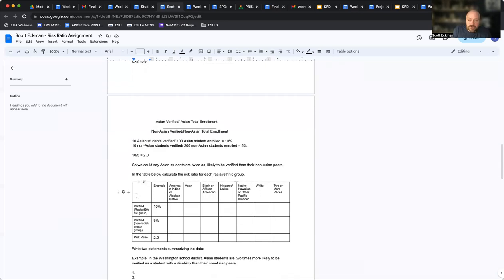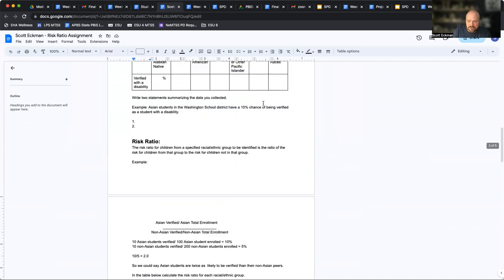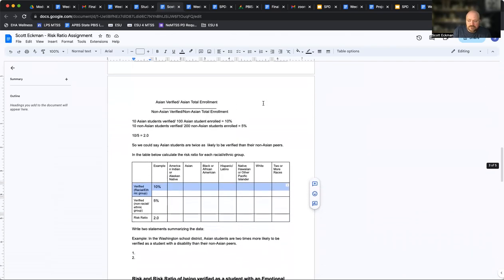So in the table below, we're going to calculate the risk ratio for each racial ethnic group. So again, this row here is the one you already did. You did this up here in this table. So you're going to copy that into this row. Then you're going to do a little math. And basically, you're going to say all